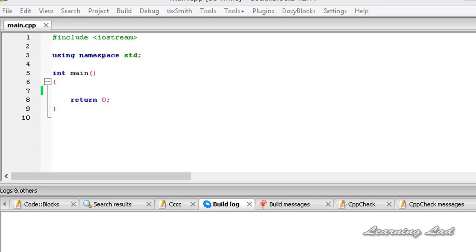In this tutorial, we're going to be learning something called the do-while loop in C++. In the last tutorial, we learned the while loop, which is used to execute some statements again and again. In while loops, we were testing the condition or the expression at the beginning of the loop. The do-while loop allows us to execute the statement at least once, regardless of whether the expression or the condition